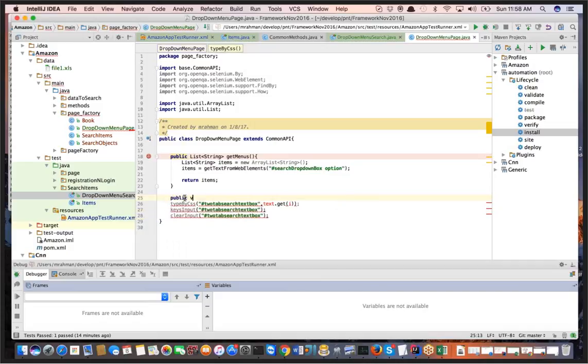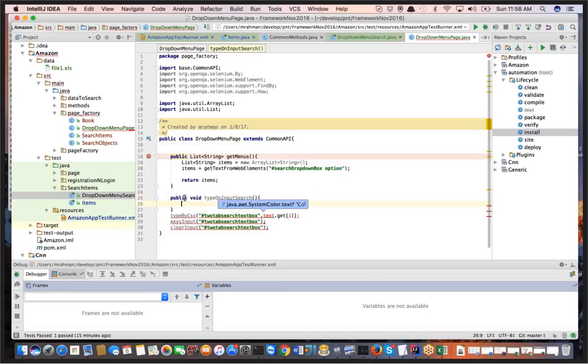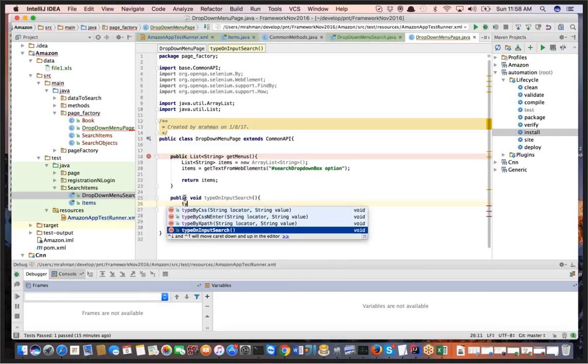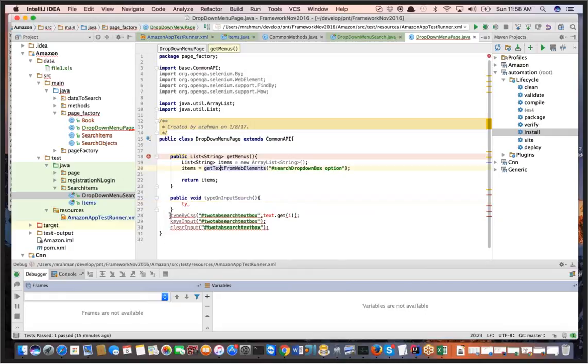Public to type on input search, right? And then call it here. So type on inputs, no, type by CSS, right? I will do the rest later on. And then